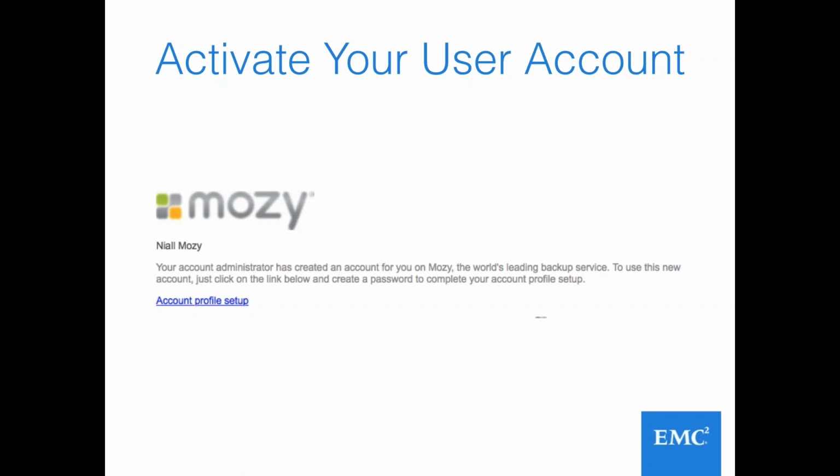This will be their password for their user account. Once they create that password, it will then bring them to a screen to download the Mozy software. The screen will prompt them with the relevant version of the software depending on what operating system they are currently on. So if they're on a Mac machine, it will push them